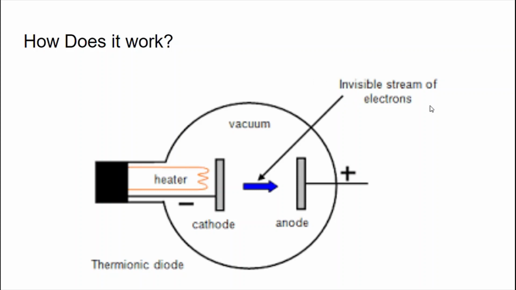How does a vacuum tube work? The basic physics principle behind it is the thermionic effect. The phenomenon of a metal ejecting electrons after being heated is known as the thermionic effect. In the case of a vacuum tube, the cathode is heated so that it ejects electrons, which experience a potential in the vacuum of the tube, which pulls them towards the anode. This establishes the electric current.